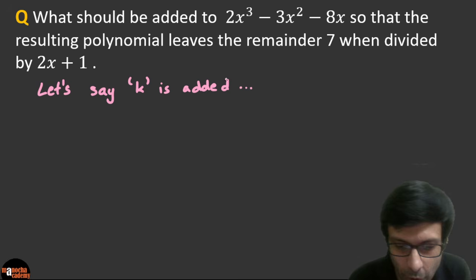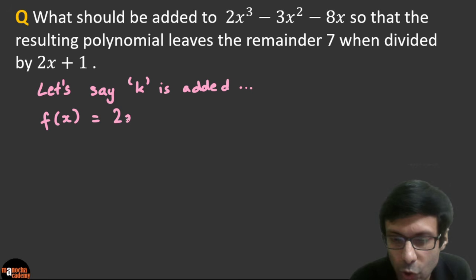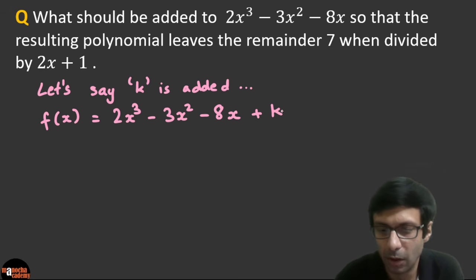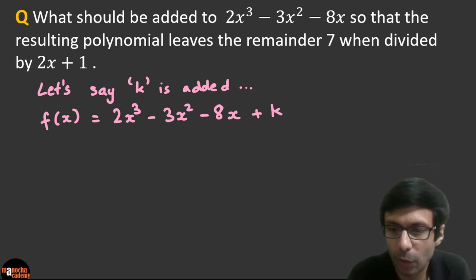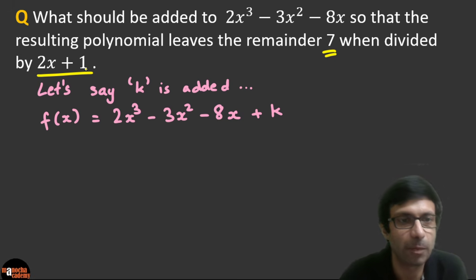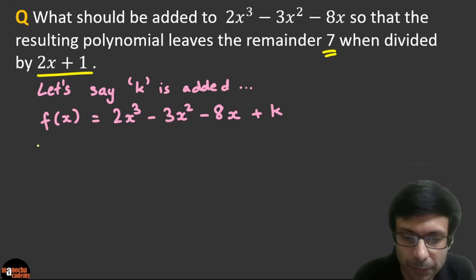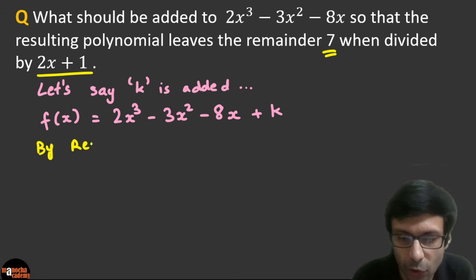So what does our polynomial become? Our polynomial f(x) is going to become 2x cubed minus 3x squared minus 8x plus k. So simple. We are adding k to the polynomial, so that the resulting polynomial leaves a remainder of 7 when divided by 2x plus 1. Okay, so if we apply the remainder theorem,